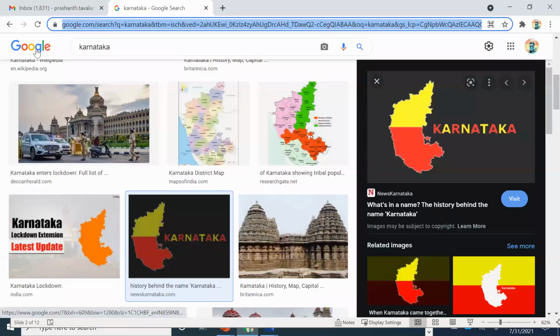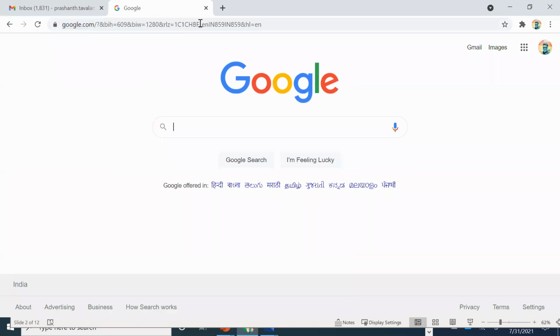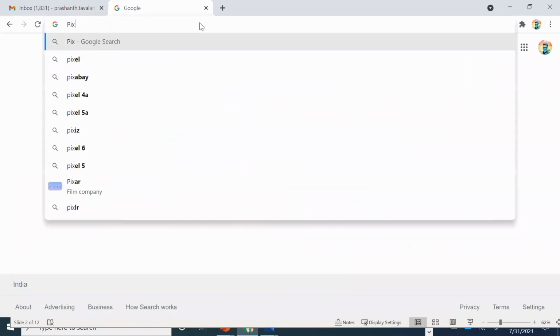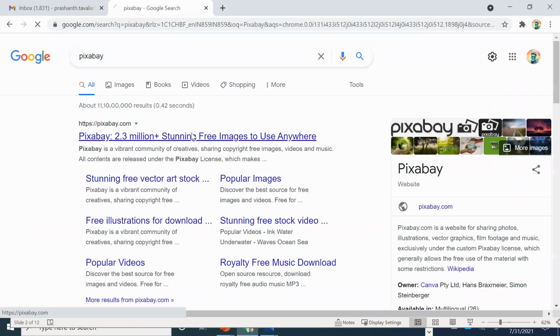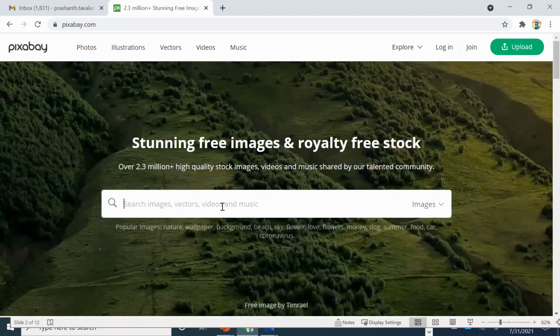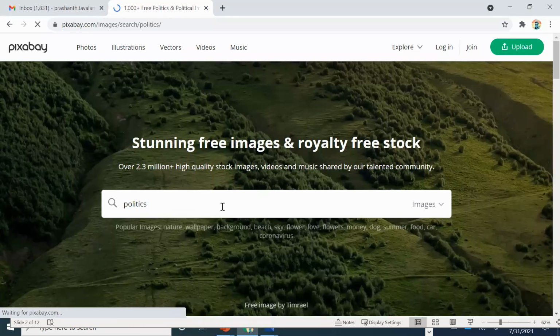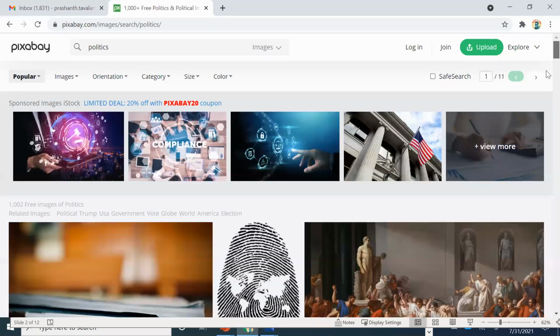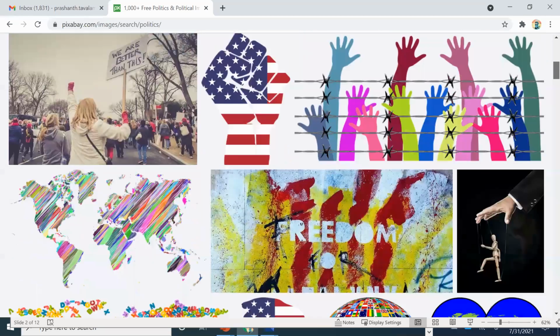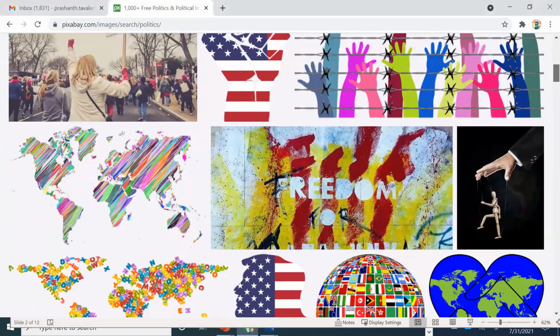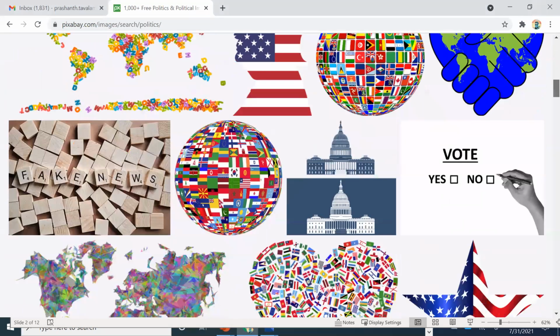Now I'm going to show you a site, Pixabay. Similarly, there are a lot of free image sites where you can look up different information.